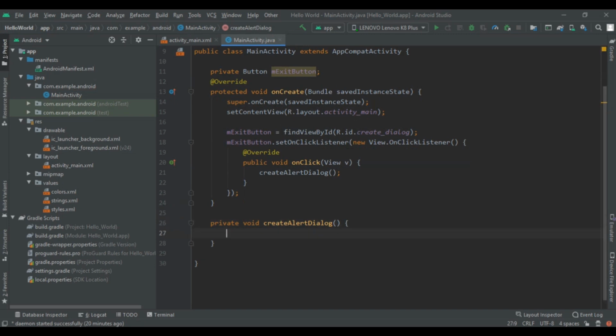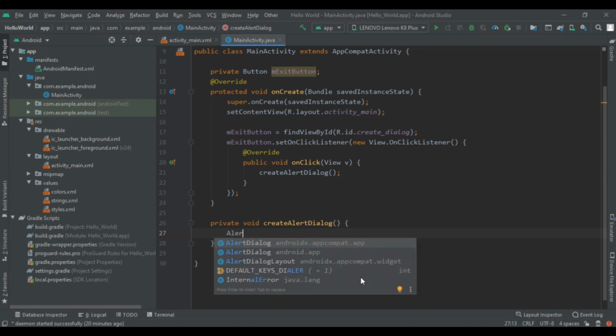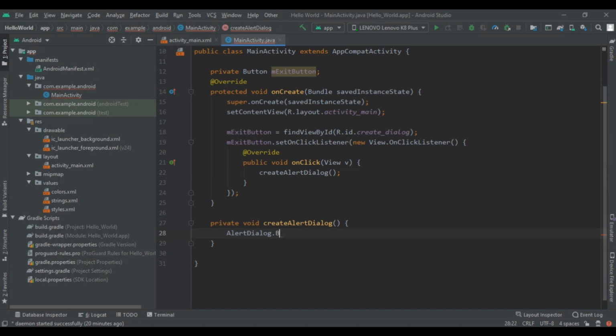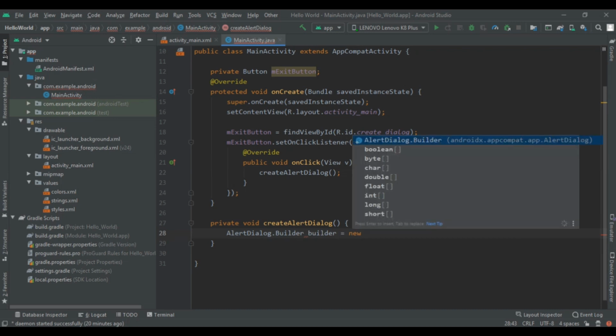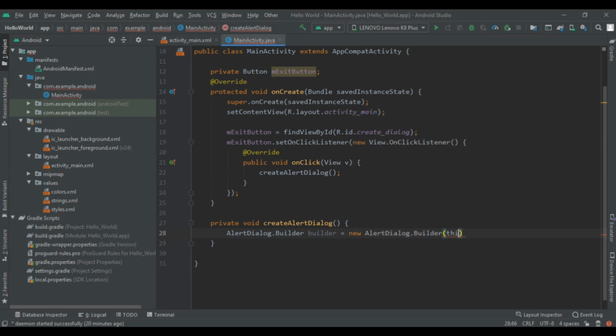Now we have to add an alert dialog to our application. So AlertDialog.Builder builder is equal to new AlertDialog.Builder and pass the context this. After that, close that and write builder.setTitle.